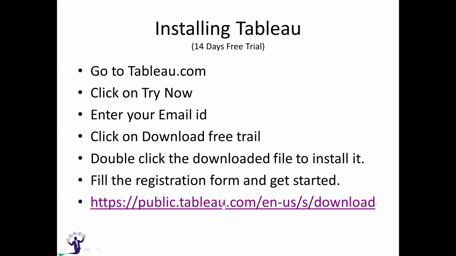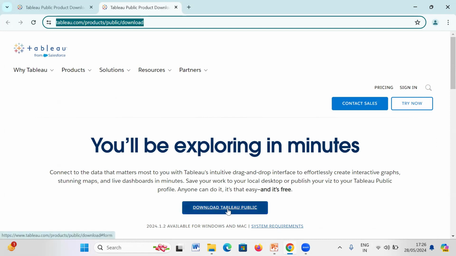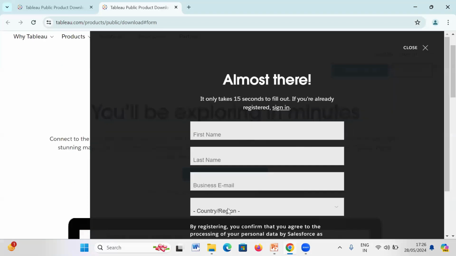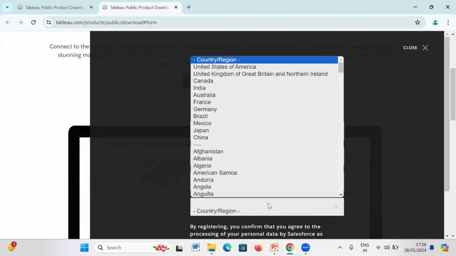Here is the link to download Tableau Public. You can just click on this link. It will take you to the download page. This link has been provided in the comments of the video. Here you can see there is a button which says Download Tableau Public. Depending on the network speed, it will not take much time to download. But before that, you have to provide some of your basic information like the name and all. So I'm just providing the information over here